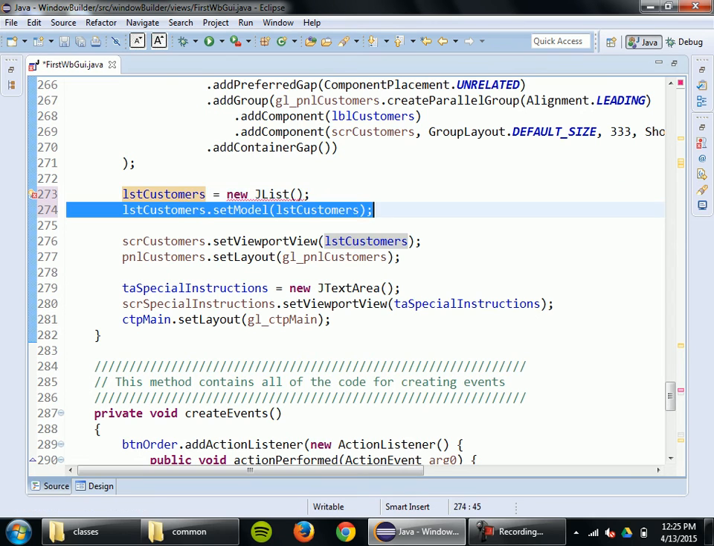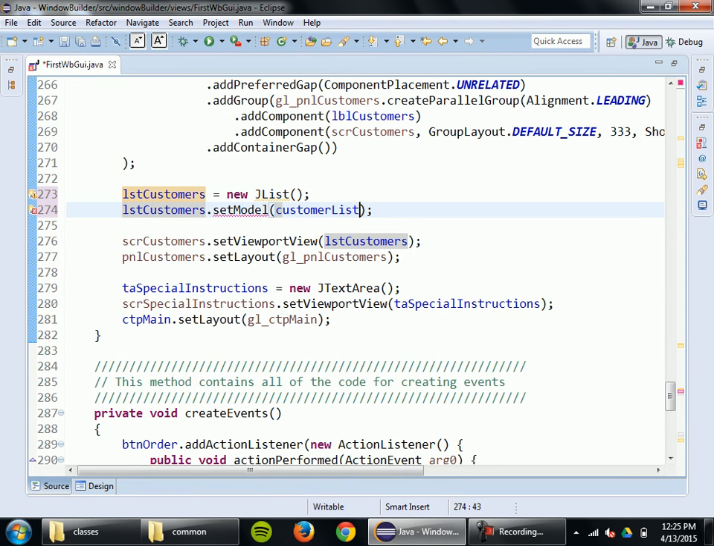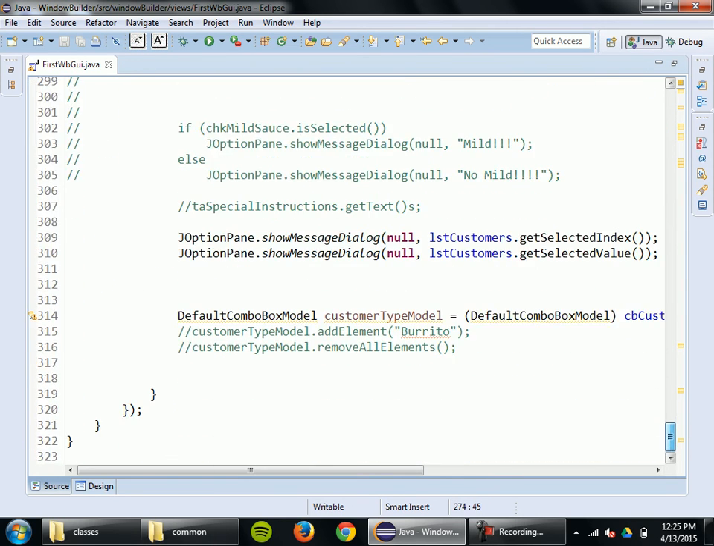Wait, what'd I do? Oh no, my problem was I had the wrong thing. Okay, there we go. So you can do that as well. If you want to just call set model and then pass in your default list model, you can do that. But now what I'll show you is we're basically at the same place where I can say, all right,